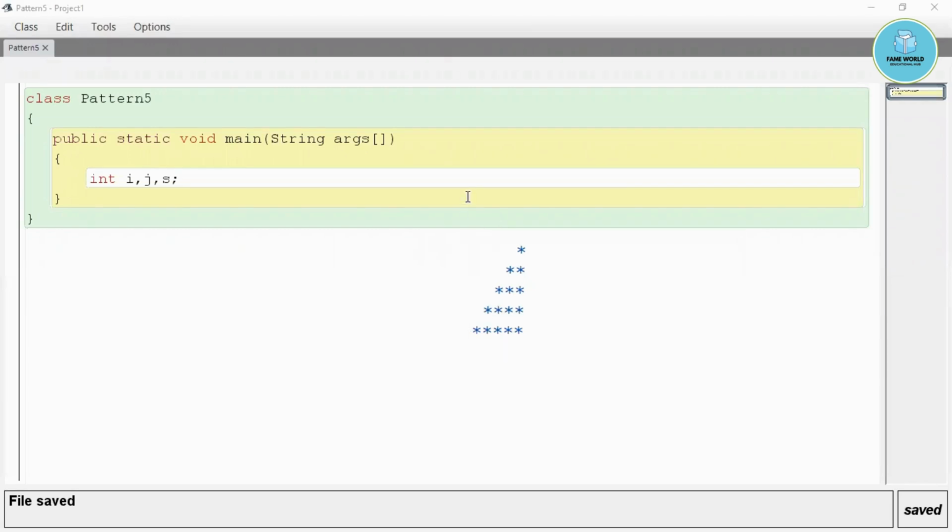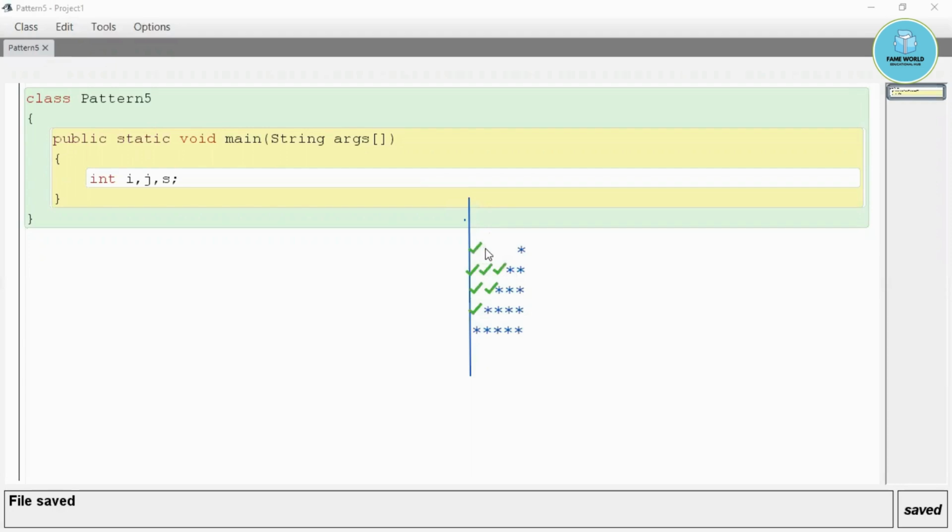So basically what is happening here, when we talk about the screen, the screen is here and there are spaces. Basically you have to print the spaces, and how many spaces are there? You can see there are 5 rows and 5 columns, and the number of spaces is one less than the number of rows.